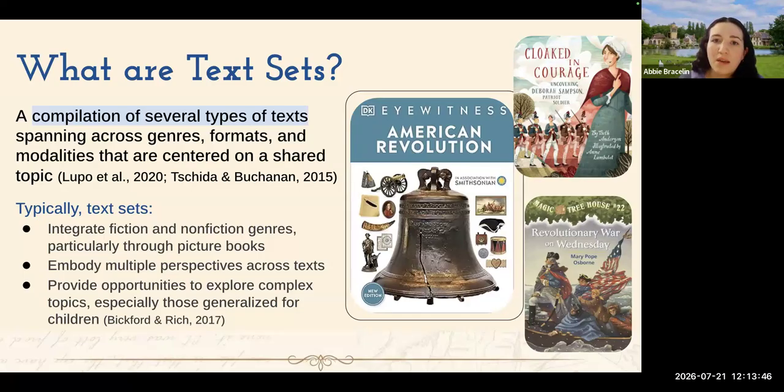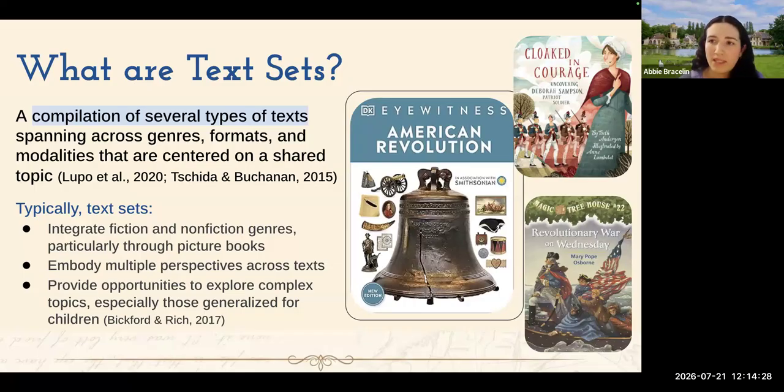If you're not familiar, Deborah Sampson was a woman in the American Revolution who took on more of a soldier role, and the book explores the perspective of women in the American Revolution, and how women back then couldn't fight for their country in the same way that women today can, but how they still did fight for their country. So it's a really interesting perspective that Revolutionary War on Wednesday from Magic Treehouse wouldn't typically cover. In that way, we're expanding our students' knowledge of these topics, which they can then apply as they're evaluating sources, interpreting evidence, and applying those discipline-specific skills in history.